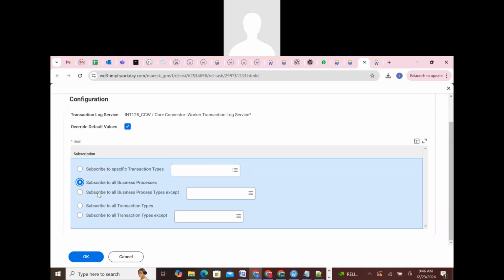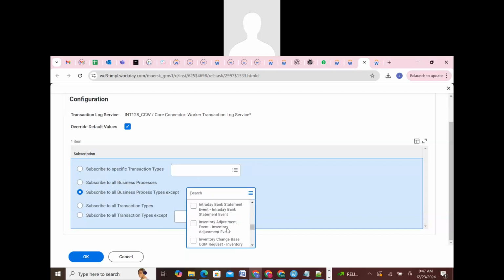Okay. Subscribe to all business process types except. So this means we don't want to include a hire record, guys. We don't want to. Previously, only the included data was extracted, guys. This is except. It means